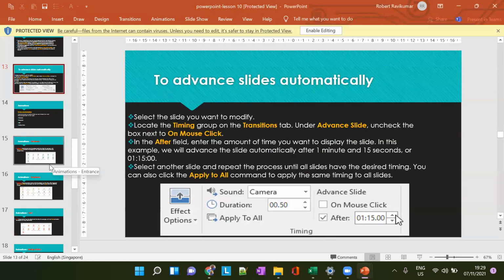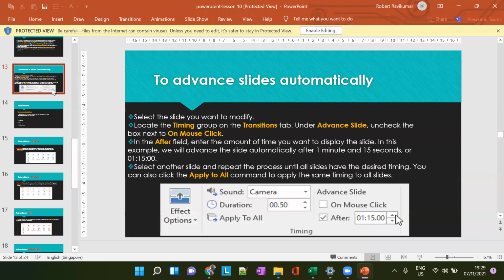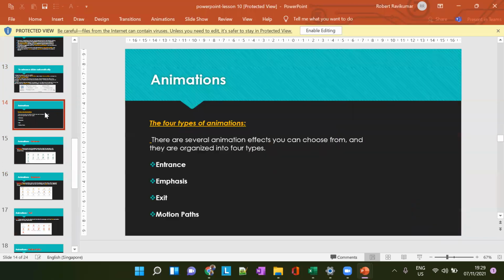So now we learned how to do transitions, and now we'll learn about animations. So what is an animation? Several animation effects are available, and they are organized into 4 types: entrance, emphasis, exit, and motion paths.